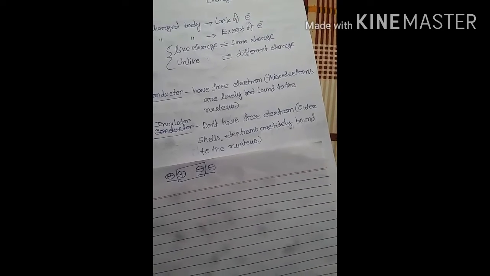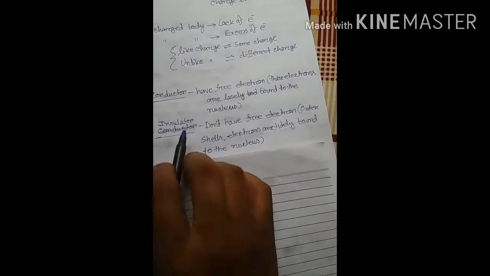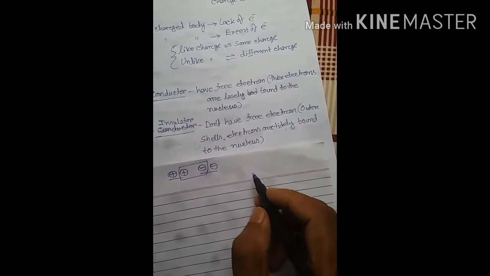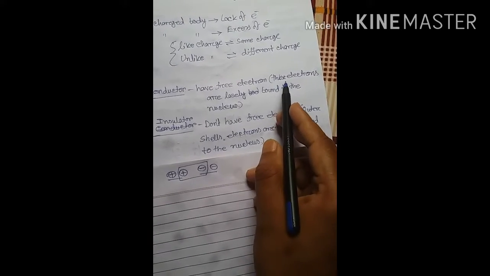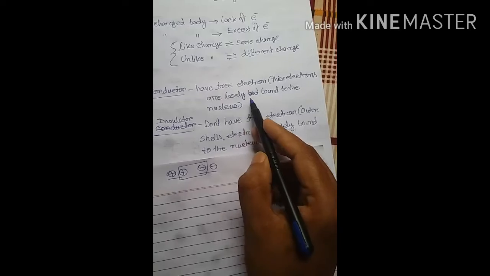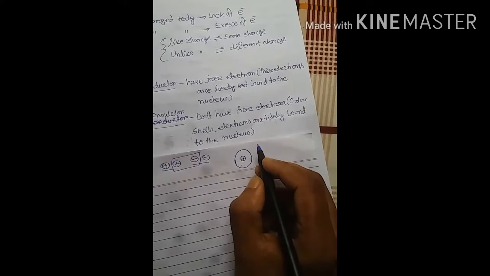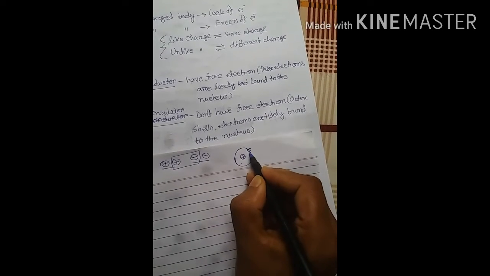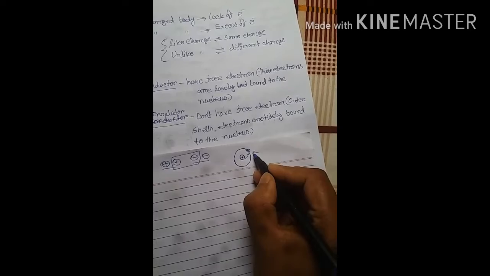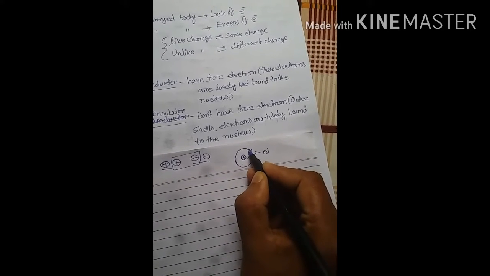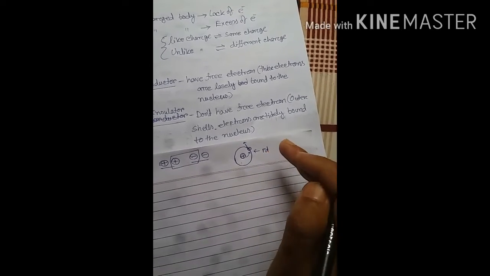To understand electrostatics better, we have to be familiar with the term conductor. What is a conductor? I think all of you know that a conductor has free electrons. Free electrons means these electrons are loosely bound to the nucleus. Suppose this is the electronic figure of an atom, and this is the electron. These outer electrons are loosely bound to the nucleus. That's why if we apply a small potential difference here, this electron can easily escape from this surface, and this electron is responsible for the electric current, right?